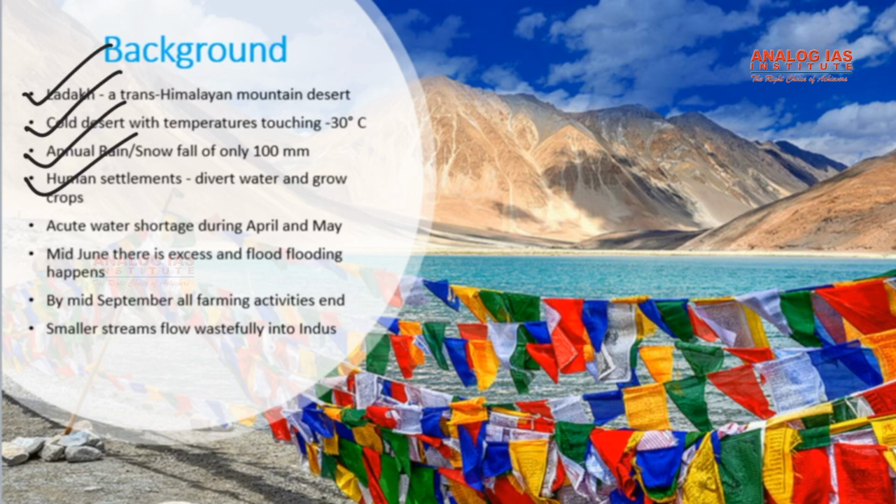But there is a problem. These people in Ladakh can only plant their crop during the summer months and not during the winter, because during winter everything is frozen, the ground is frozen, water is frozen. And during the summer months there is acute water shortage, especially during April and May, which are very crucial months, during which there is very little water in the streams and all the villagers compete to water